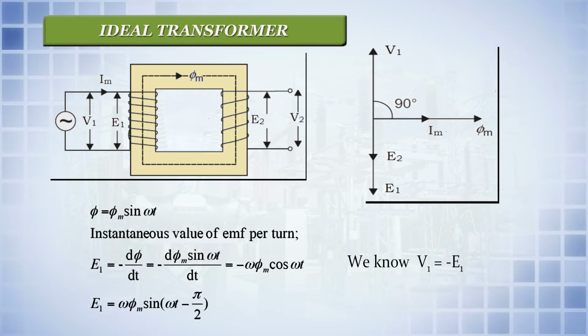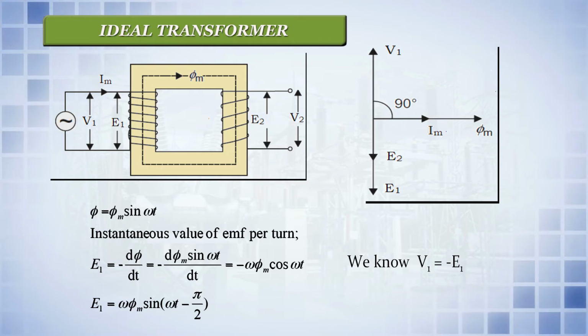We are assuming that there is no resistance in the primary winding, so there is a coil, and you can assume that it is like an inductance. So this magnetizing current will lag the supply voltage by 90 degrees. This magnetizing current can be denoted as I suffix m. So here you can see that this Im is lagging with respect to V1 by 90 degrees.